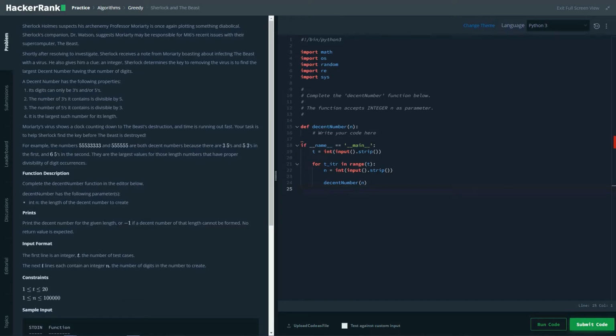The given problem statement is: Sherlock Holmes suspects his arch enemy Professor Moriarty is once again plotting something diabolical. Sherlock's companion Dr. Watson suggests Moriarty may be responsible for MI6's recent issues with their supercomputer, the Beast. Shortly after resolving to investigate, Sherlock receives a note from Moriarty boasting about infecting the Beast with a virus. He also gives him a clue, an integer. Sherlock Holmes determines the